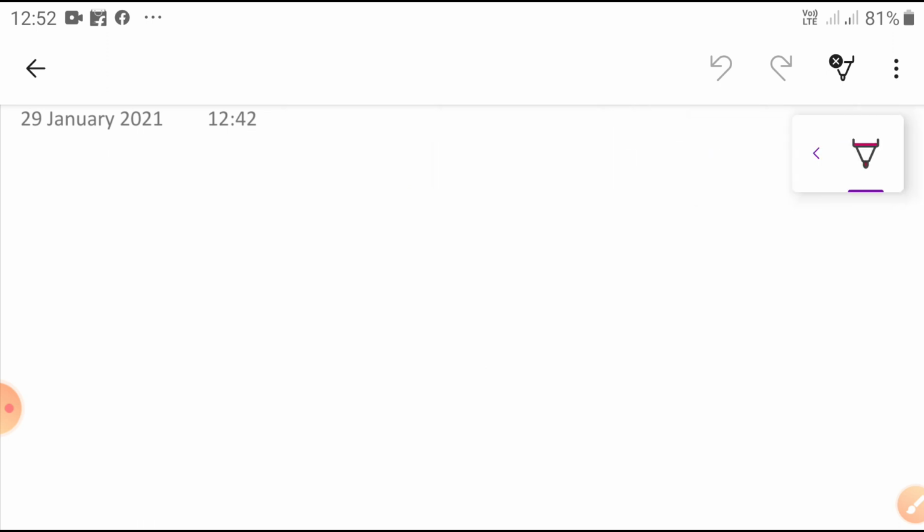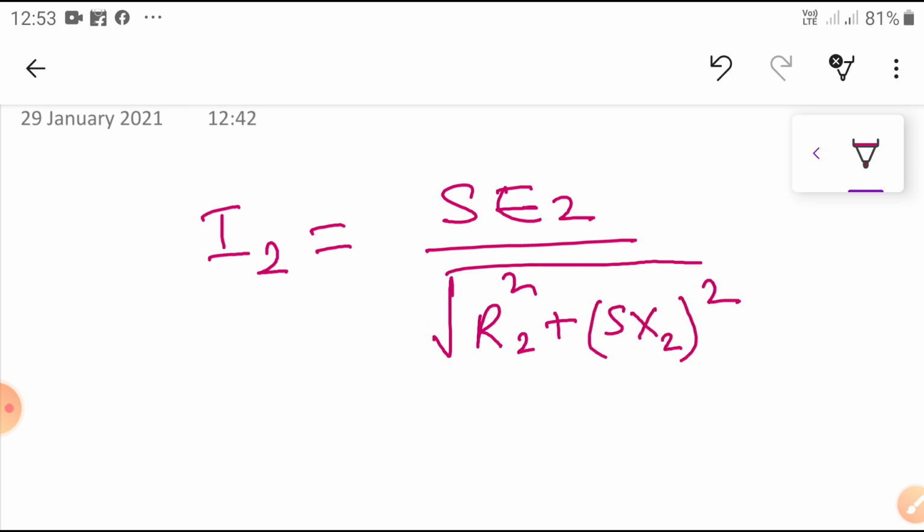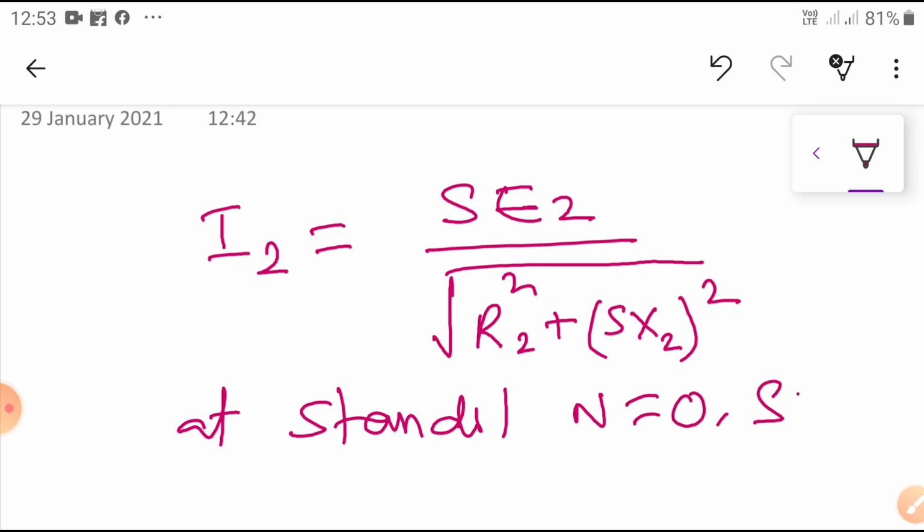The rotor current I2 is equal to S times E2 divided by the square root of R2 squared plus (S times X2) squared. Under standstill condition, that means rotor speed is 0, N is equal to 0, then S is equal to 1.